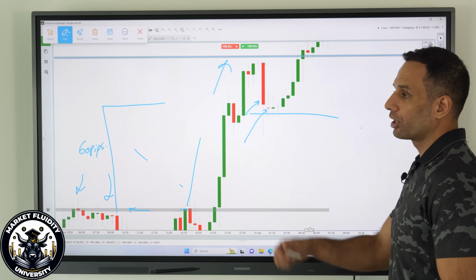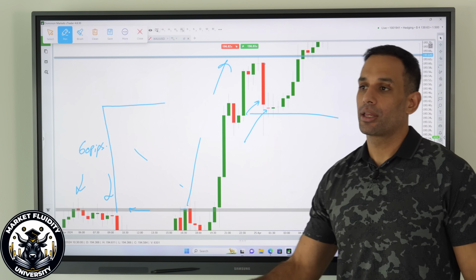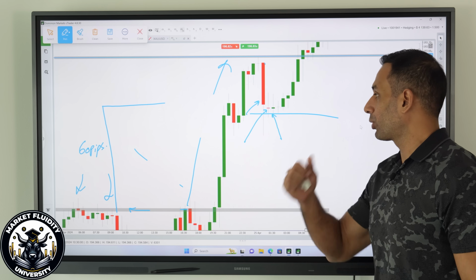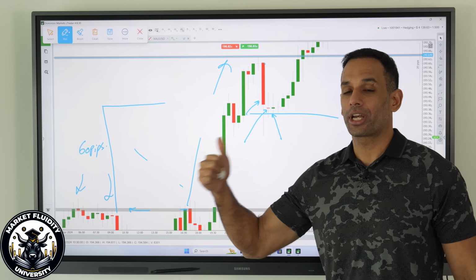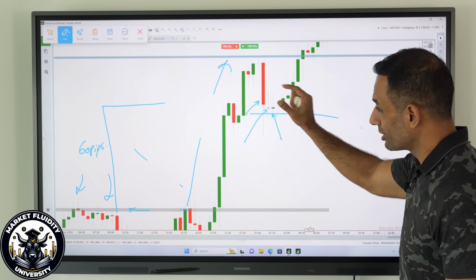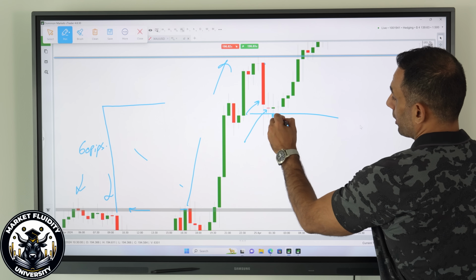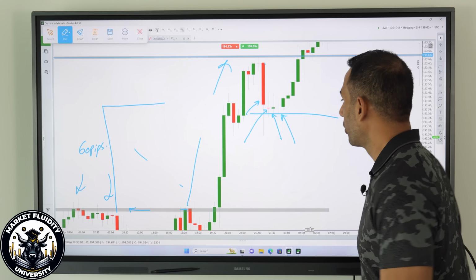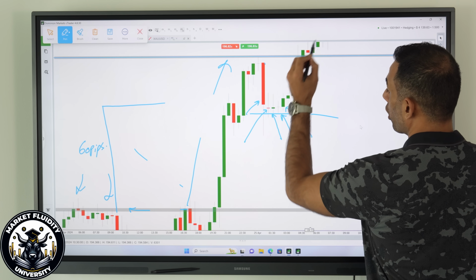Can we take a sell? No. Can we take a buy? No. Next candle forms right over here. Small body candle. Now, what's going on? Can we take a sell? No. Can we take a buy? No, because it's low volume. There's no volume here. Next candle right here. Can we take a sell? No. Can we take a buy? No. Next one forms. Strong body bullish candle.